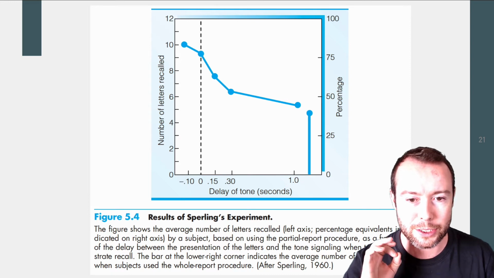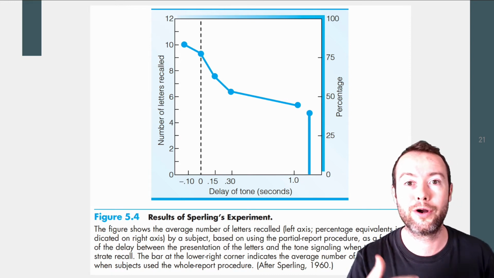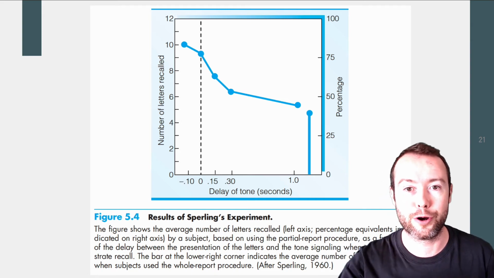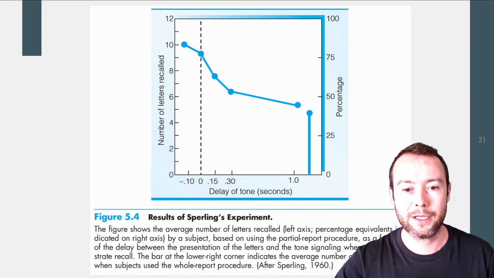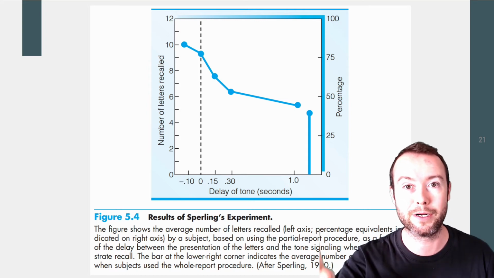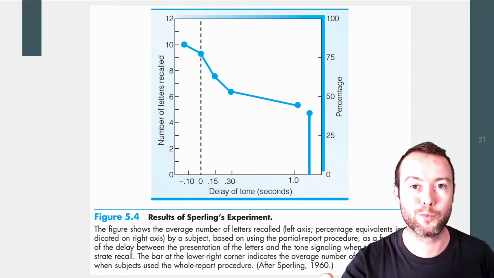So when there is no delay, participants could recall on average 3 out of the 4 letters within that row, which they then make an inference that, since you don't know in advance which of these rows you're going to have to recall, and you're only getting one look at it,